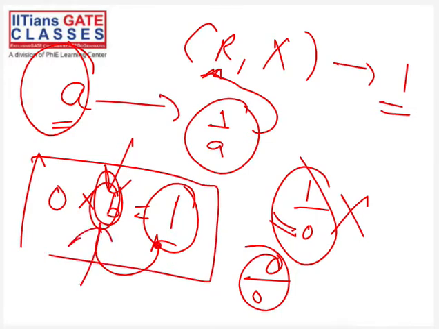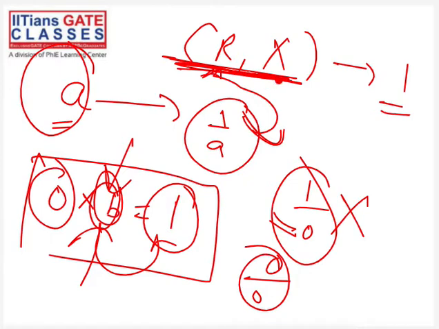You cannot put any number such that it will become 1. Hence for this 0, no inverse exists. For all other elements, the inverse exists, but for this 0 the inverse does not exist. Hence I can say that for this R comma multiplication, inverse does not exist. So remember these kinds of things.